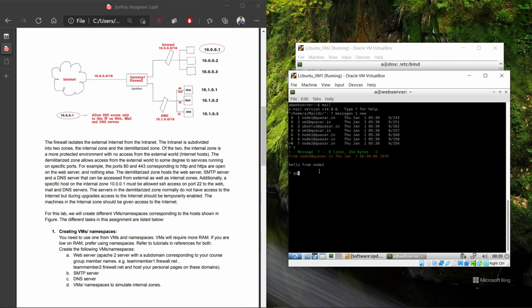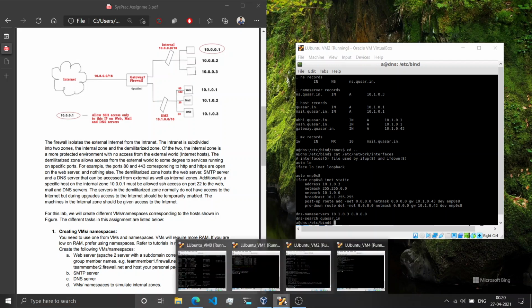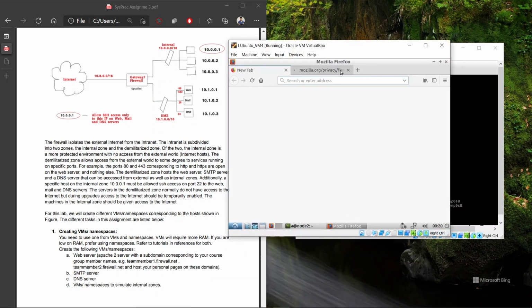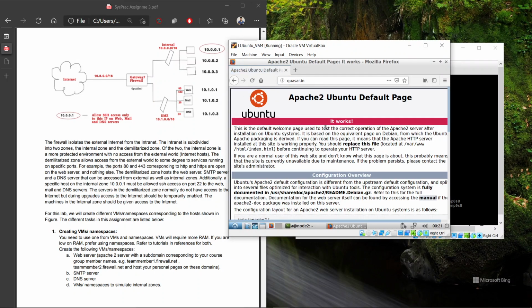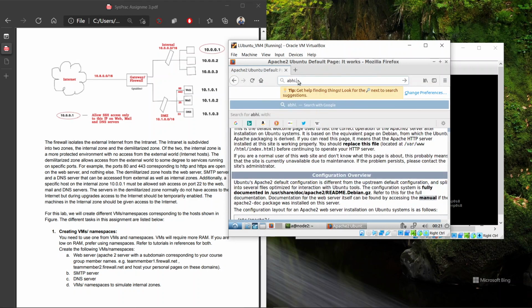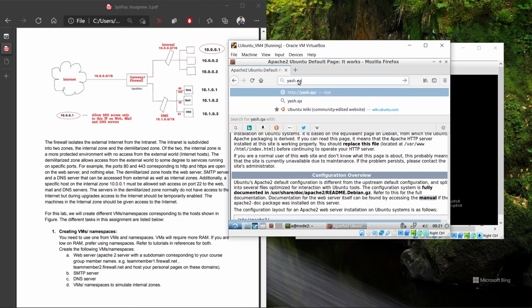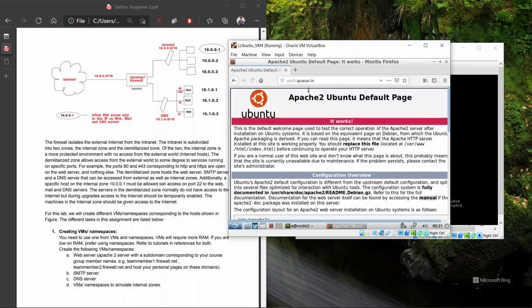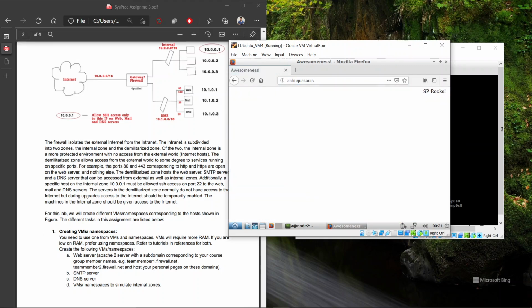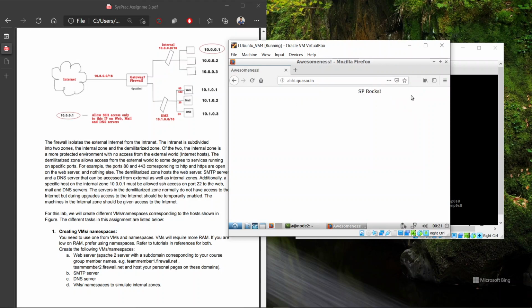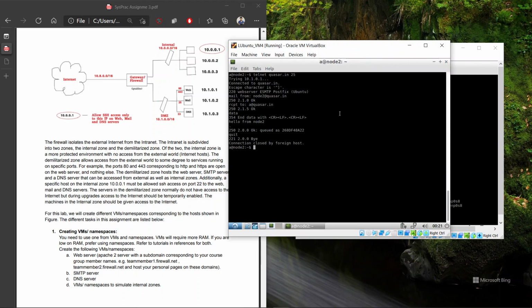And let us see whether our Apache 2 configuration works or not. I started Firefox in VM2. First of all, let us go to our site qsar.in. We can see the Apache 2 default Ubuntu page is shown here. Let us move to some subdomains like yes.qsar.in. It will also show the same page. We have also added a custom page, abhi.qsar.in, which has a title and shows System Practicum works. So this was about DNS, SMTP, and the web server.